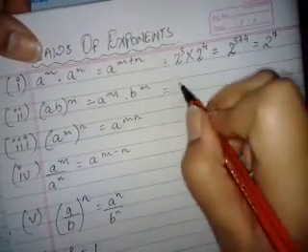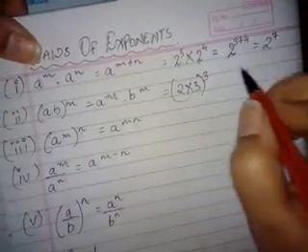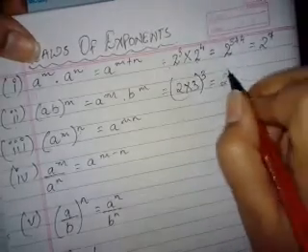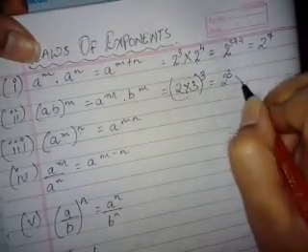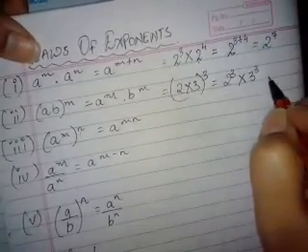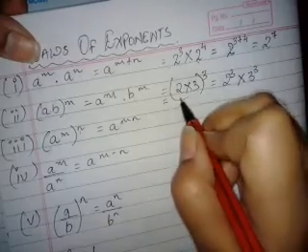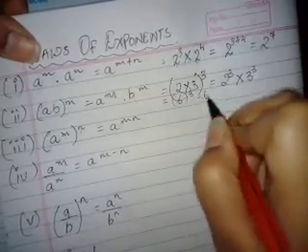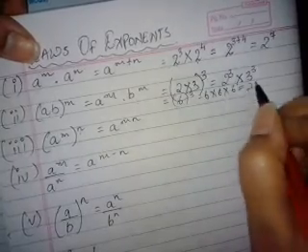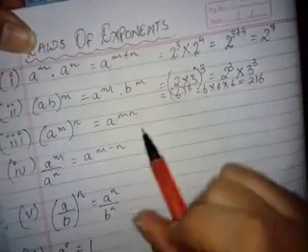For example, you have 2 multiply by 3 raised to the power 3. This means when you open this up, you will get 2 to the power 3 multiply 3 to the power 3. Now when you solve this, you can do it this way. 3 2s are 6, to the power 3. 6 multiply 6 multiply 6: 6 times 6 is 36, 36 times 6 is 216. This way you can solve your question.